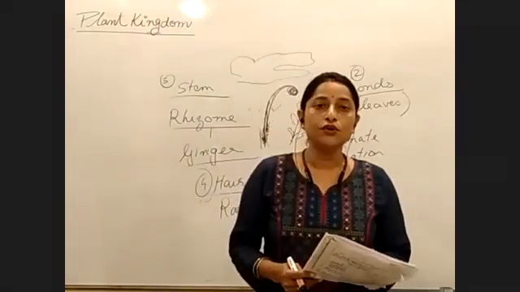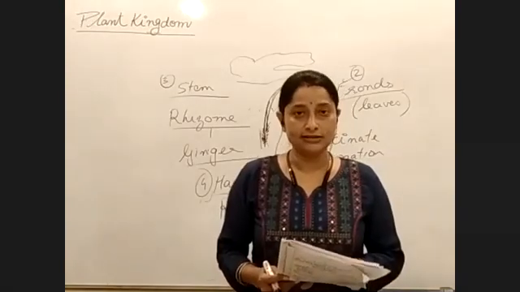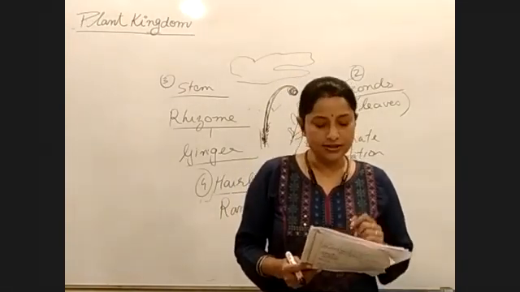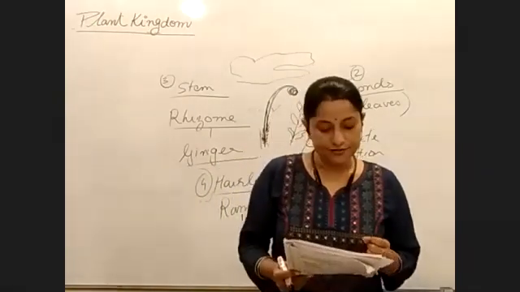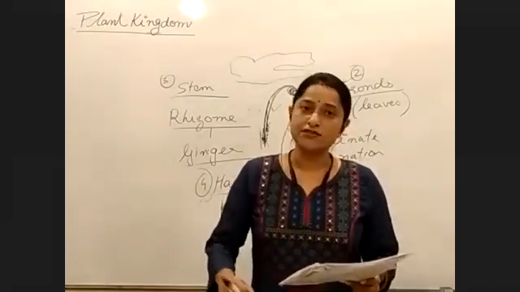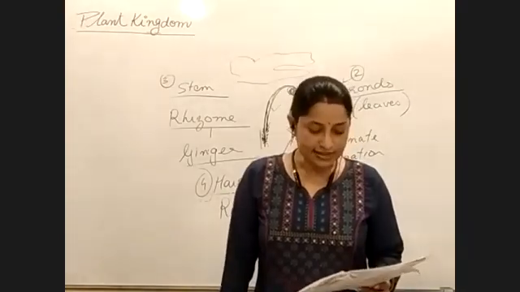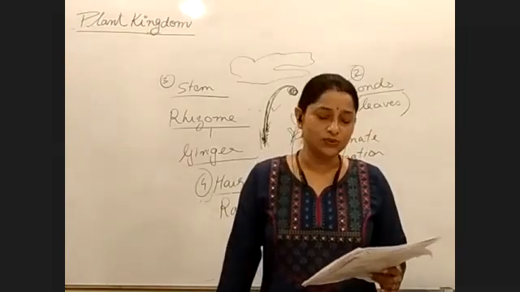Out of the four groups or out of the four classes, the largest group of pteridophytes belongs to which class? It belongs to Pteropsida. It is commonly called ferns. Most of the ferns are megaphyllous, some are microphyllous also, right? And these are called fronds. Young leaves have circinate vernation. Is the point clear now?